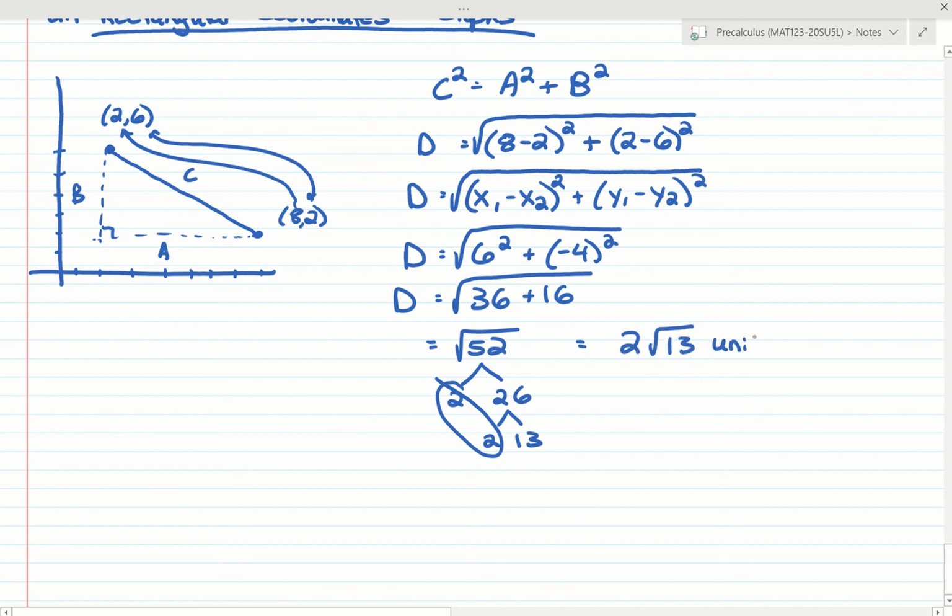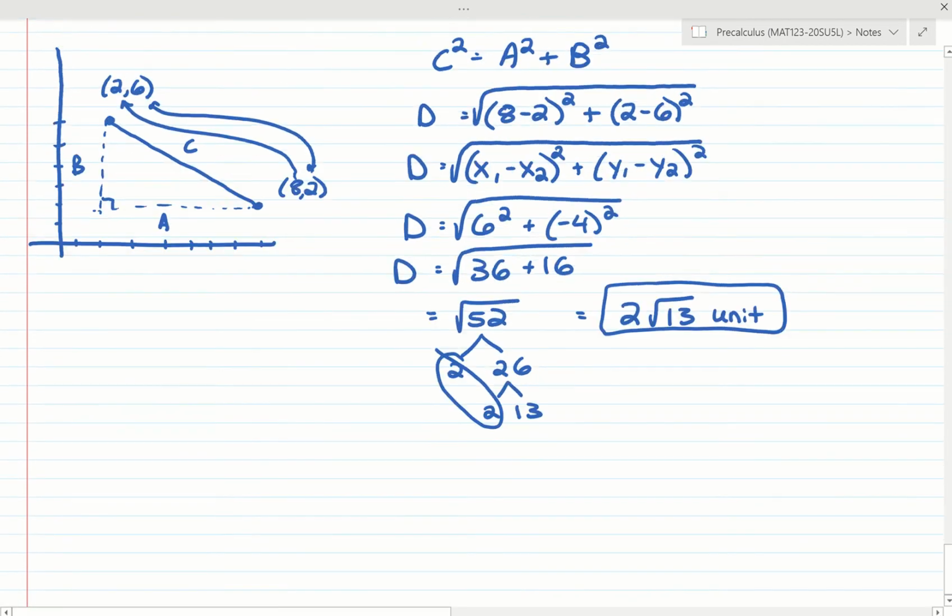Whenever we're talking about distance, we always say units too. If you're driving down the shore, you don't tell me that it's 80 away. That doesn't make any sense. You would say it's 80 miles away. There should always be units on it. So that's our distance formula. Let's talk about